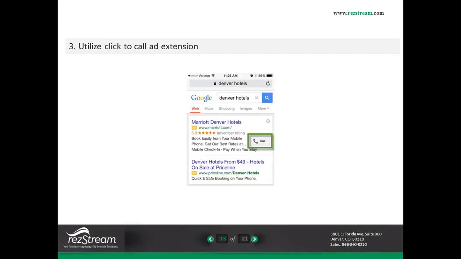Another positive thing, similar to the site links ad extensions that we just discussed, these clicks don't necessarily cost any more than just a regular click on your ad. So you're not spending any more than what you already are, which is super positive. So in order to go ahead and activate these, you're going to want to go back into that Ad Extensions